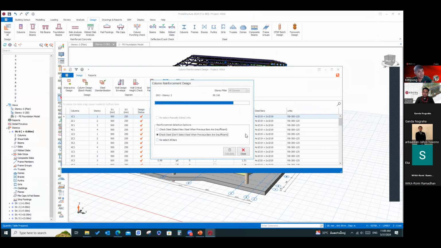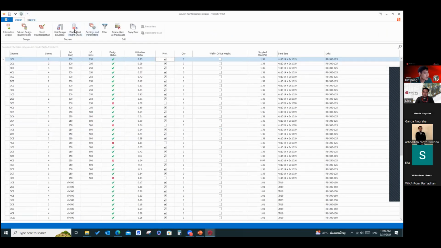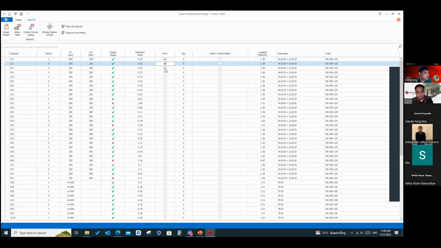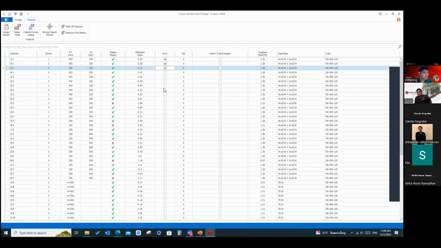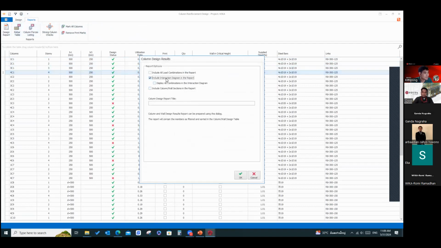After the design has passed, you can select the part, the section that you want to show in the report. As I said, you don't have to show everything. Maybe show one or two of them as an example, not all.